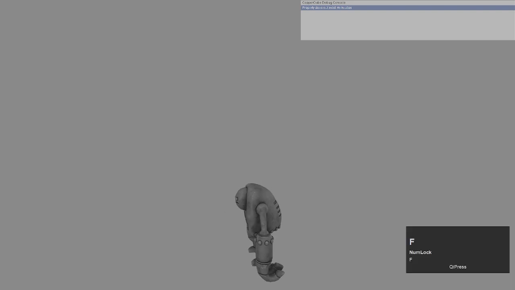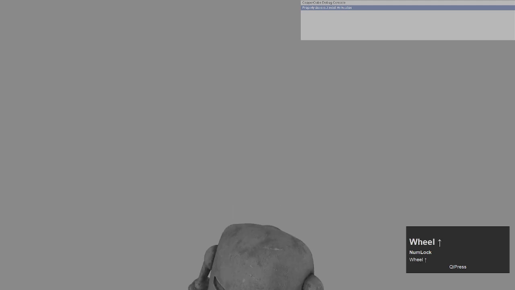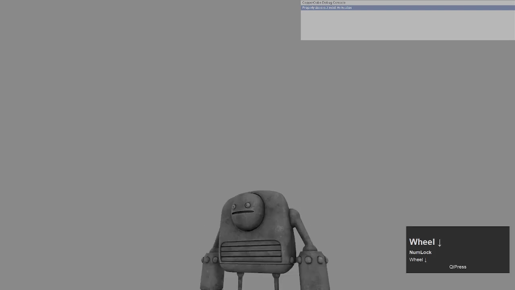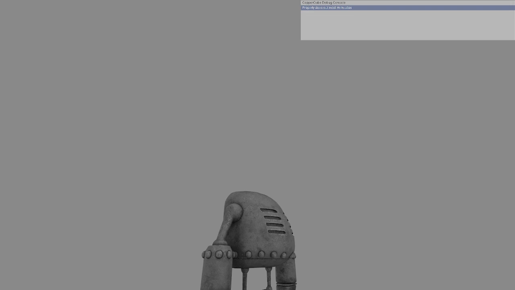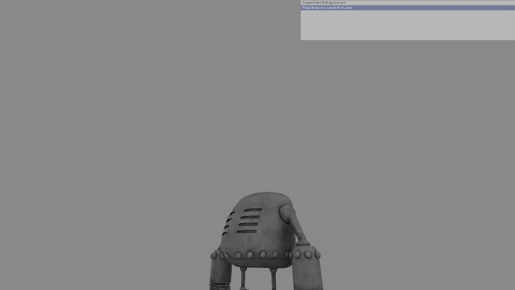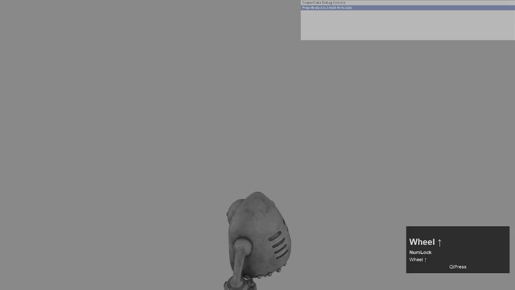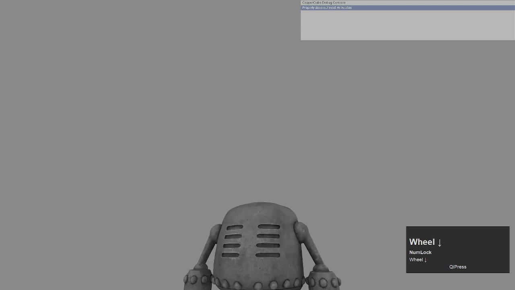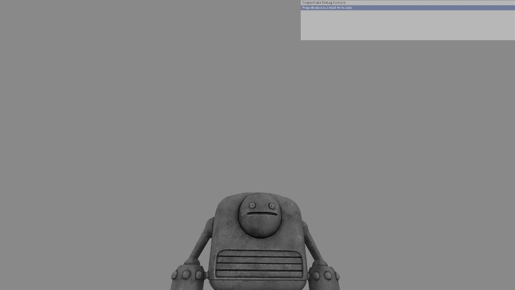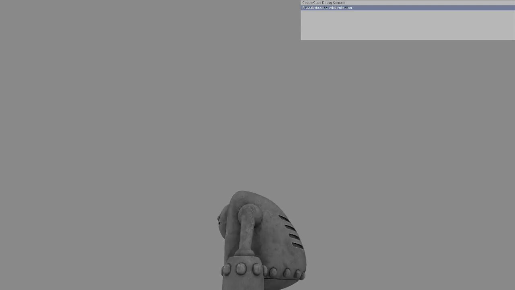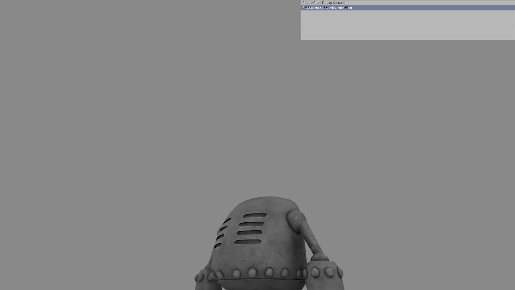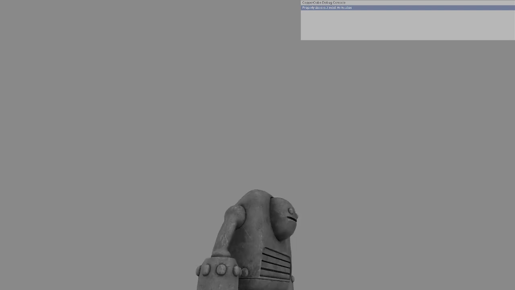If I press F now, then you will see the specular highlights are now gone or not visible, and the object becomes a bit darker, or it looks much more like stone, but you can also see a little bit of shimmering of the specular highlights. I'm not sure if you are able to see that, but I am able to see. It's not that much visible, but you can see the shimmering effect of the specular highlights. And let me just show you